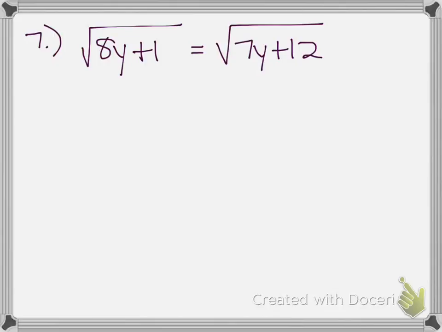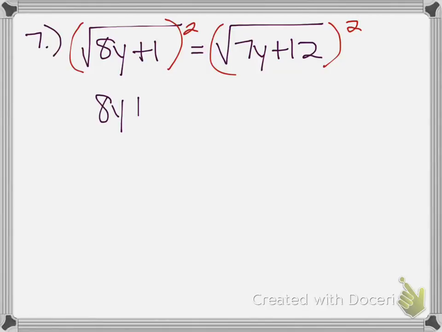So on this one, whenever you're dealing with radicals in an equation, we need to get rid of the radical. Most of the ones that you were doing in the homework assignment, if you've already done this homework assignment, is get the radical by itself and then do the opposite operation. How do you get rid of a square root? Well, you square it. And remember, what you do to one side, you have to do to the other side. So if I square both sides,